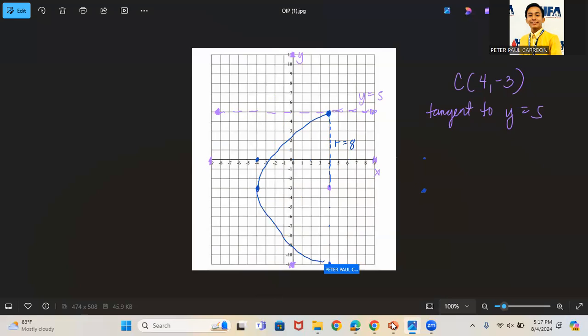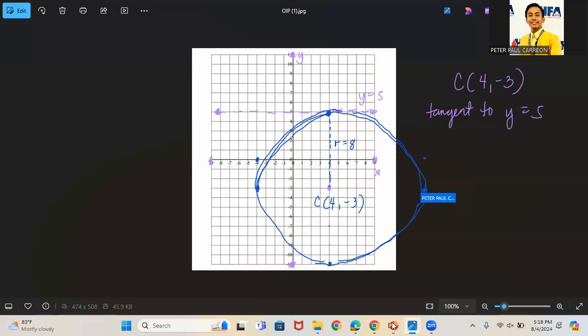So it doesn't look like a circle. It's really difficult to annotate using the zoom, but this is just a rough sketch of the circle. And then we identify the center at 4, -3. So make your circles perfect because you have your own devices to use to make it perfect. Okay, but this is just a rough sketch.